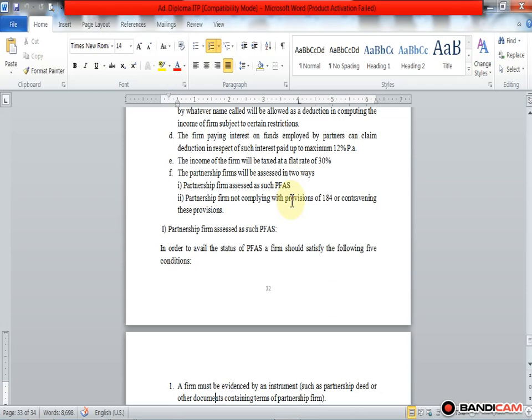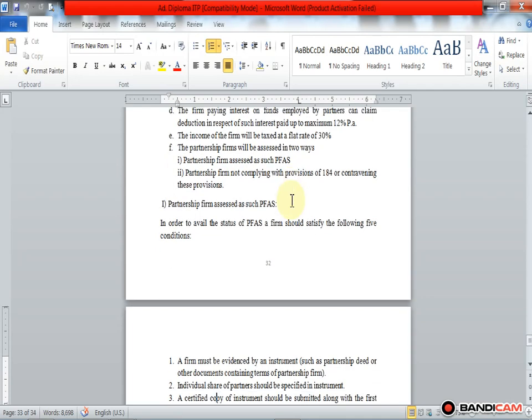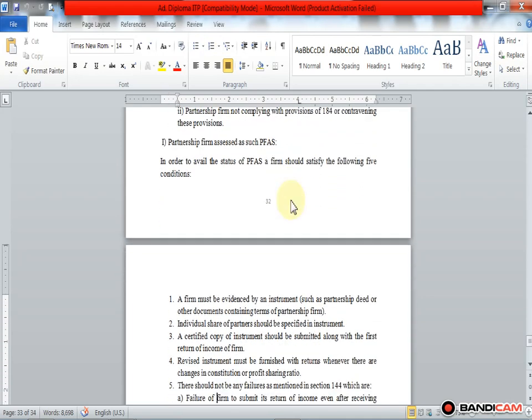The partnership firm will be assessed in two ways: first, partnership firm assessed as such, PFAS, and second, partnership firm not complying with the provisions of section 184 or contravening these provisions. So there are two types to compute the taxable income of the partnership firm. Here, partnership firm assessed as such,